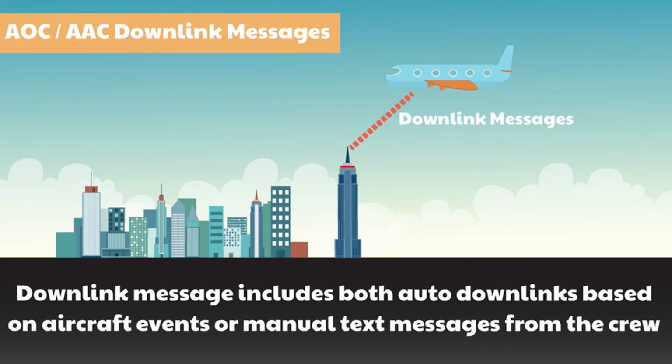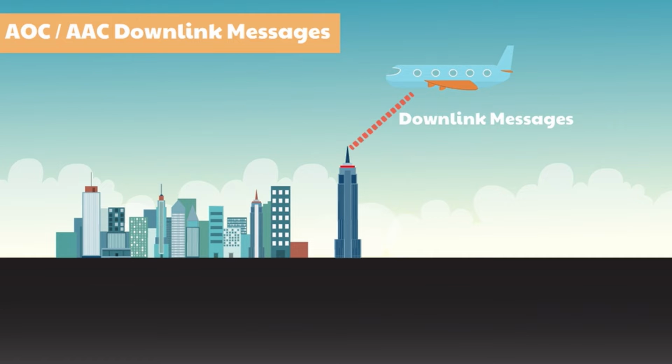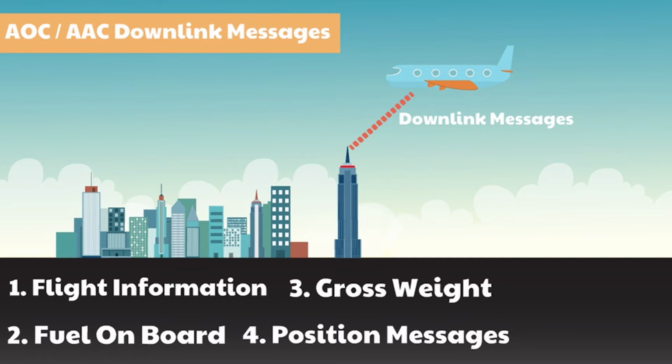crew. The OOOI messages are one of the major ACARS downlink messages, which is triggered based on aircraft sensors, which explains the flight phase status along with other parameters like flight information, fuel on board, gross weight of the aircraft. Downlink messages include position messages, estimated time of arrival messages and any diversion details from aircraft, which helps in flight